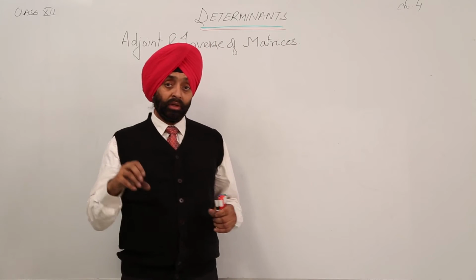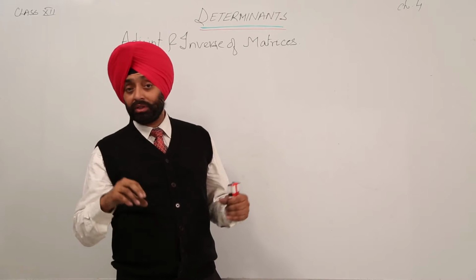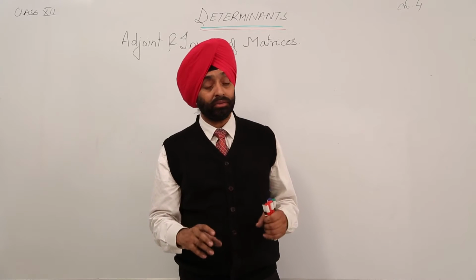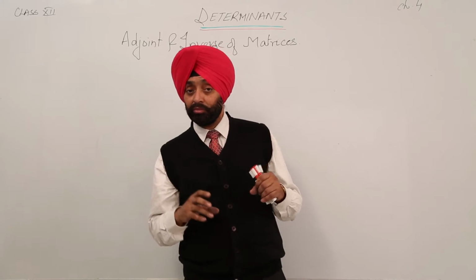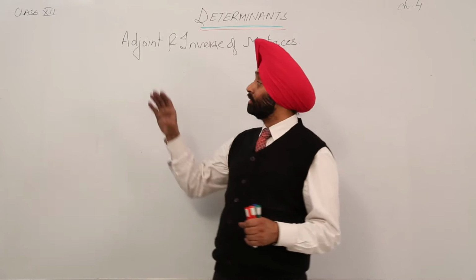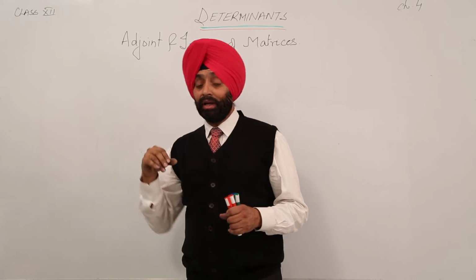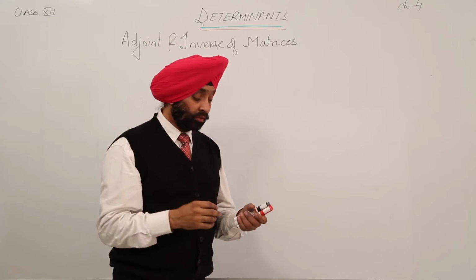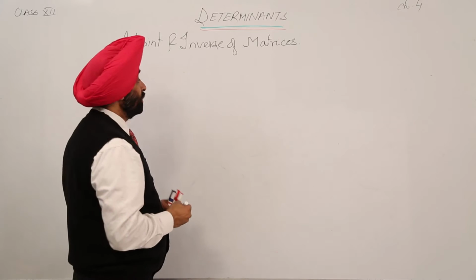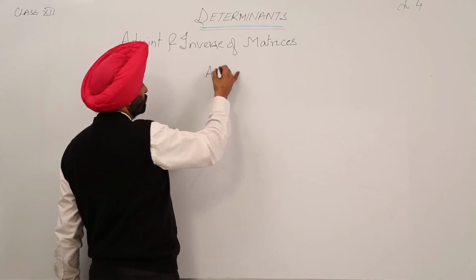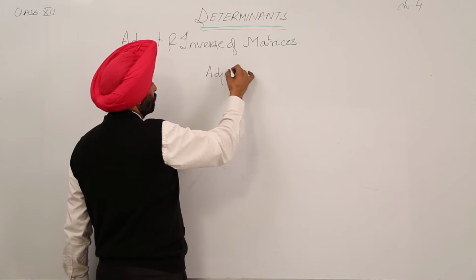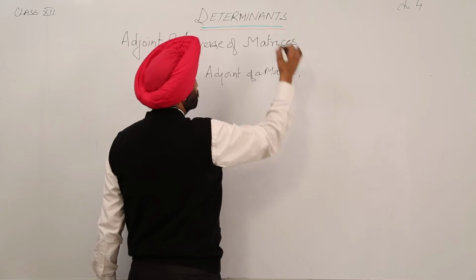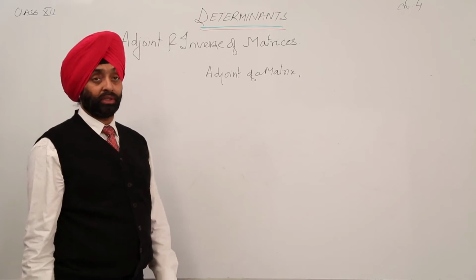Now we are going to follow a certain condition for the existence of the inverse, and we can find it using determinants by a term that is adjoint. Adjoint is defined first, as the first step to find the inverse. So let's define adjoint first. Adjoint of a matrix, what exactly is adjoint?